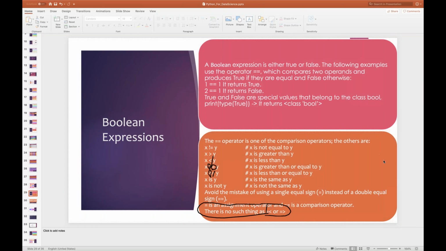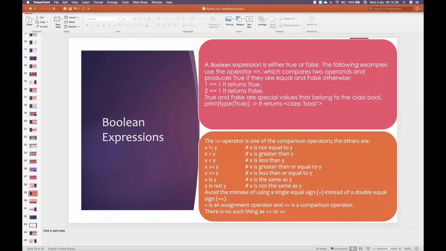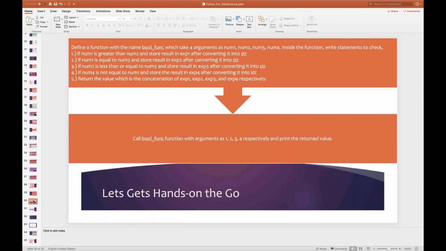Hope you are clear with this slide. Slowly we are finishing the fundamentals of Python, and then we'll jump into the complex functions, NumPy, pandas, and scikit-learn. Now, erase all the drawings. One minute, guys. Let me take the pointer. Now, another use case.